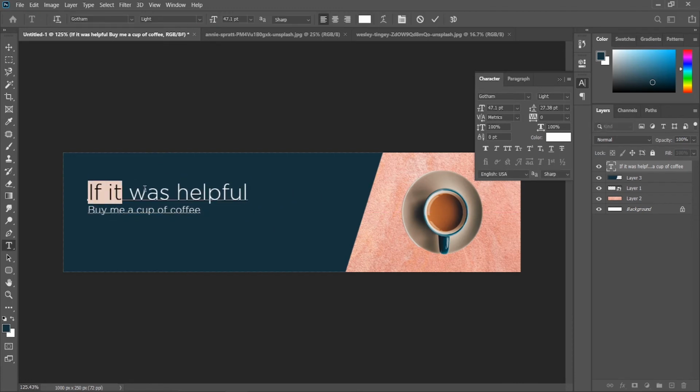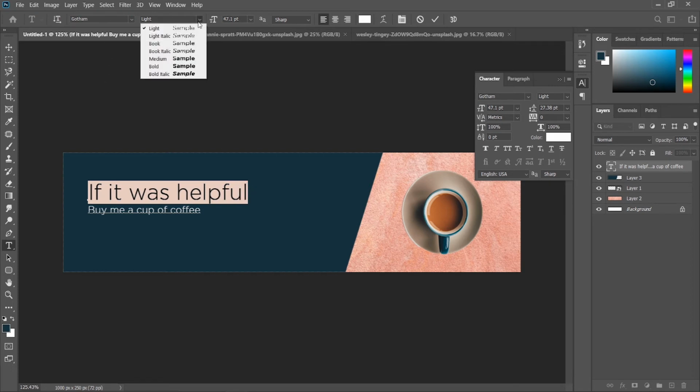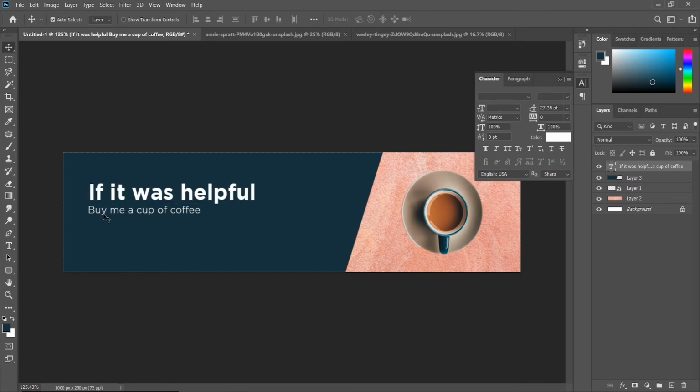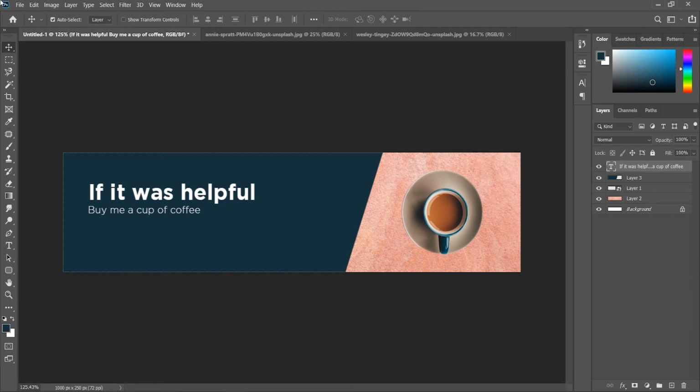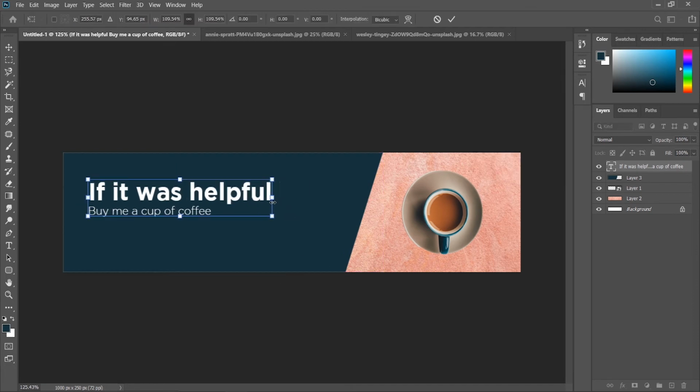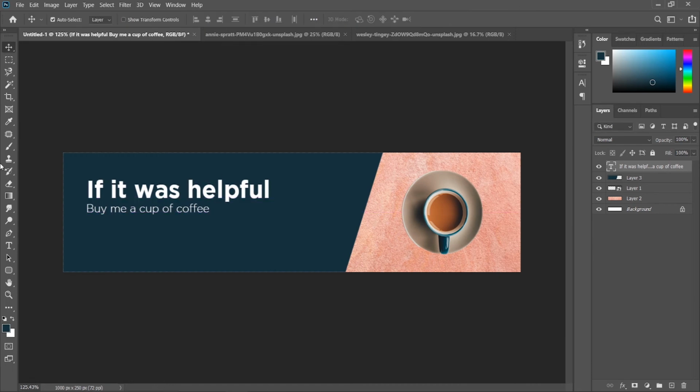And in the first line I select Gotham Bold font like this, and press Ctrl T and increase some more size like this, and select a rectangle tool